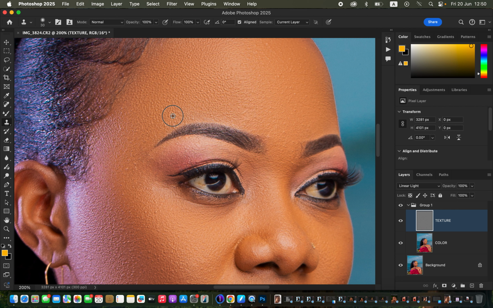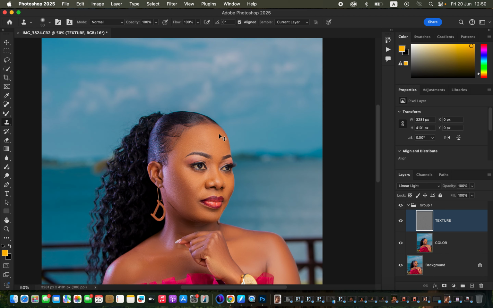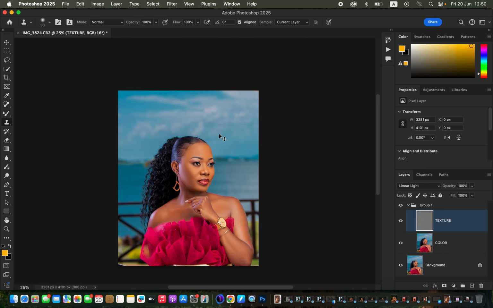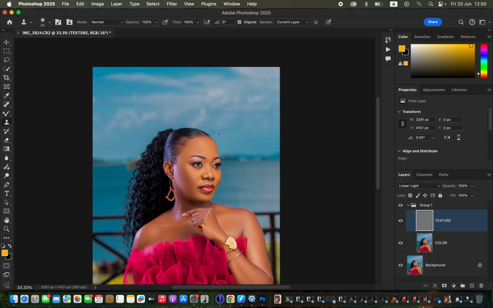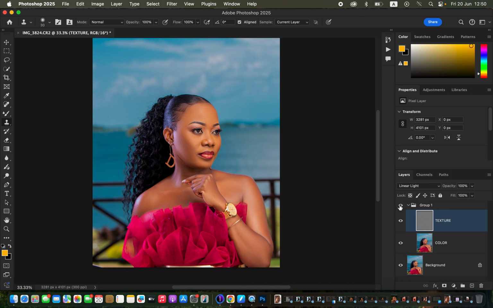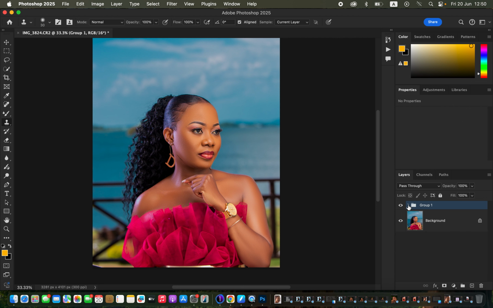So I'll quickly remove all these tiny imperfections on the skin, and you can see right now we have removed the majority of the skin imperfections and the skin is now looking nice and smooth. You can see before, after, before, after. So after I have done this, we're just going to close the group and create a stamp visible